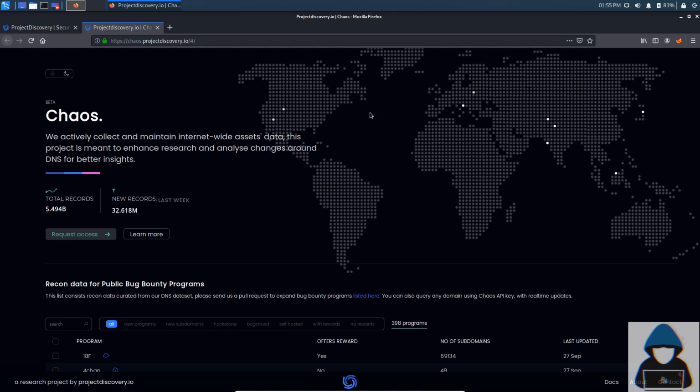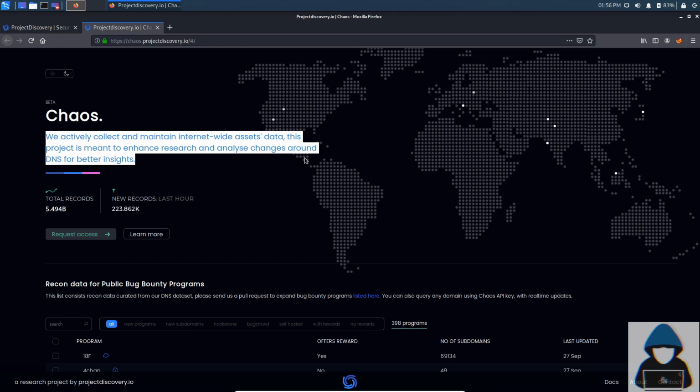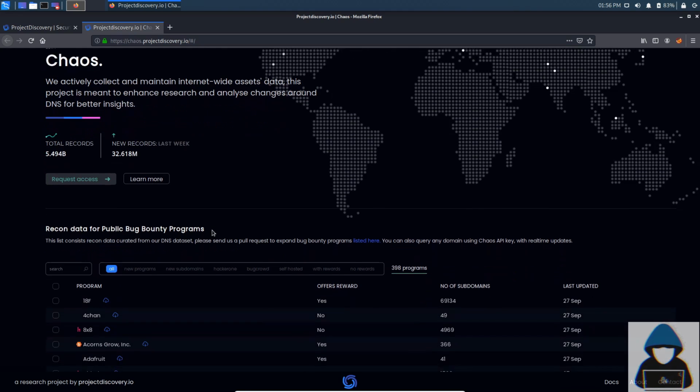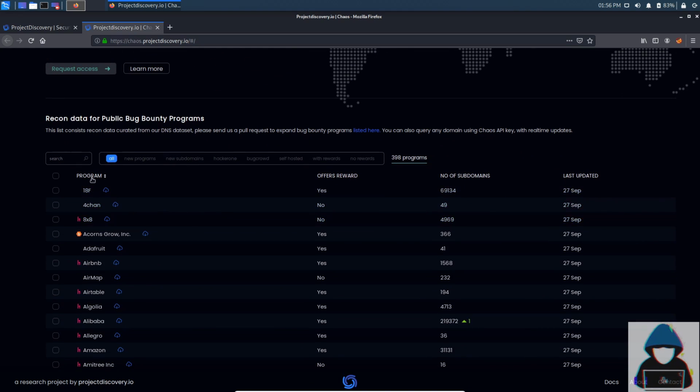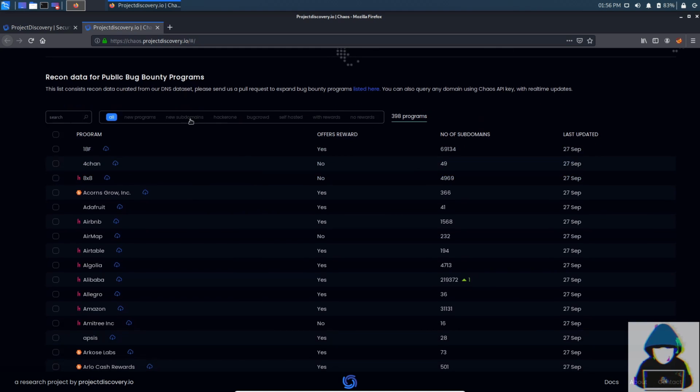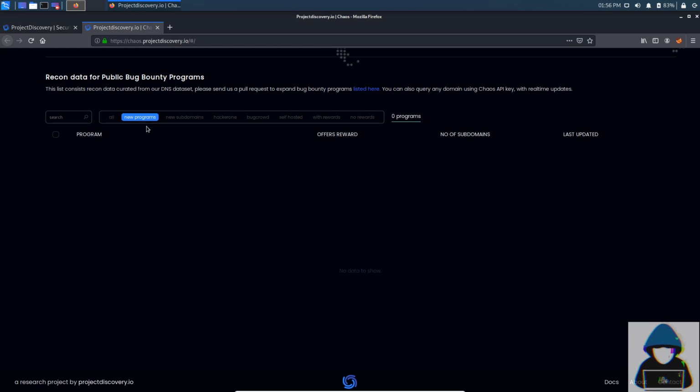The Project Discovery team has been actively collecting all the data about the assets across the internet. They are storing this data in this Chaos project. They have also made available all the recon data from publicly available bug bounty programs. This dataset has information about the programs from Bugcrowd, HackerOne, Integrity, and some other self-hosted bug bounty programs.